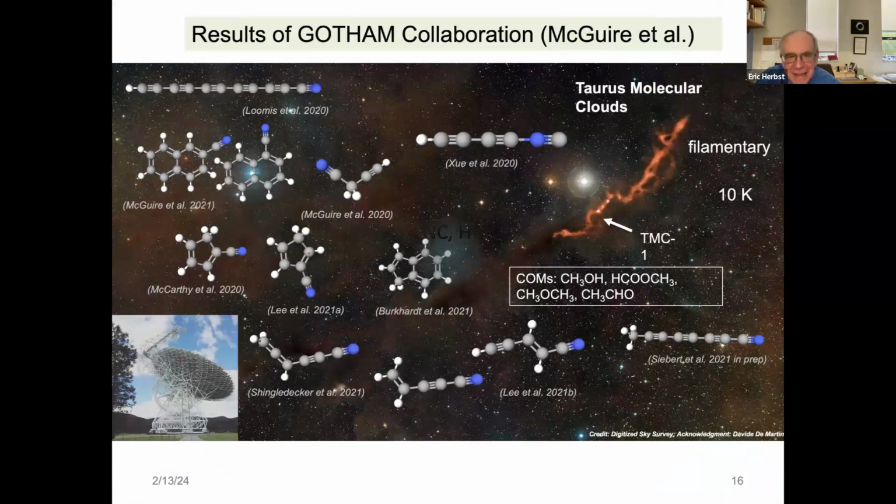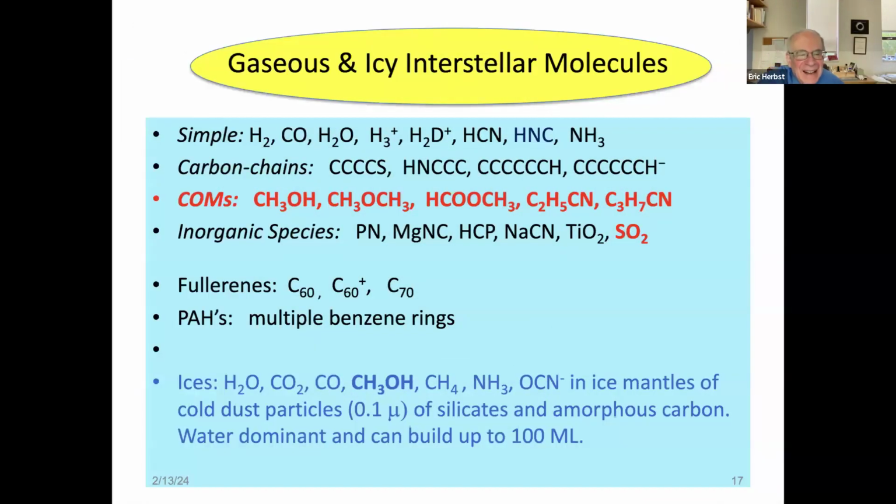In the ice, the number of molecules is smaller, and they're harder to see, only seen in the infrared. Let's go back again. Okay, and so the biggest one is methanol. Unlike in the gas phase, where molecules get considerably bigger, it still tells us an awful lot about what's going on on dust particles. So these dust particles have a bulk in which you can see silicates and amorphous carbon. Then there's a surface which goes down about 4 layers or so. And that is mostly water ice in the cold regions of space.